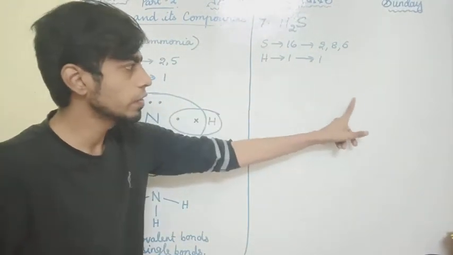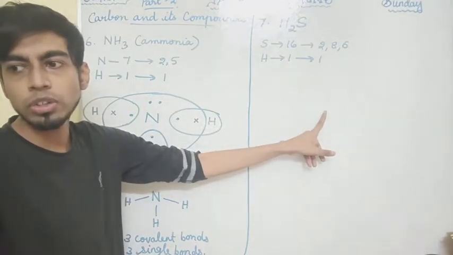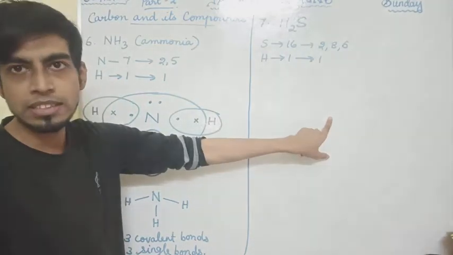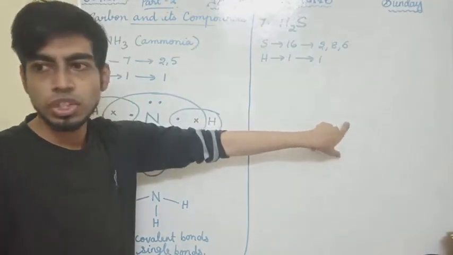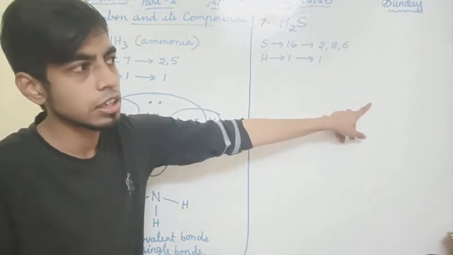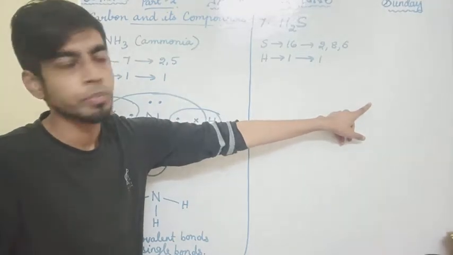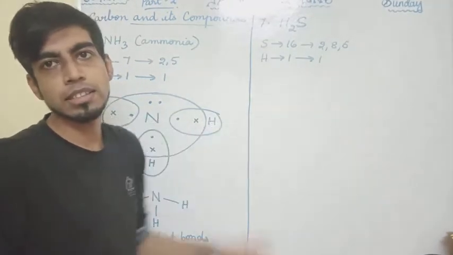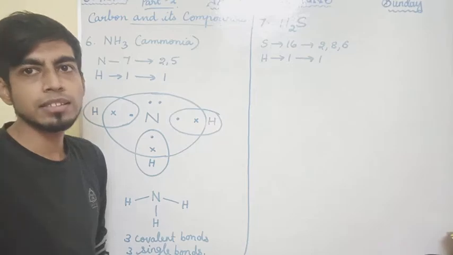So draw the sulfur in the middle. You know how to draw for sulfur. I told you during S8 itself. 4 dots you should keep near the sulfur, and 1 dot this side and another dot this side. Yes or no? And this side one hydrogen and this side one hydrogen. So try, pause the video and try this.